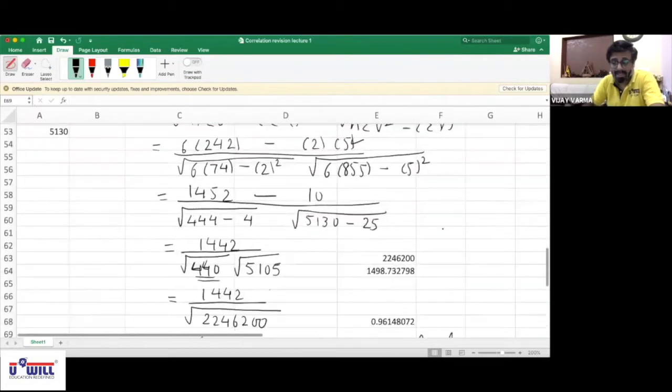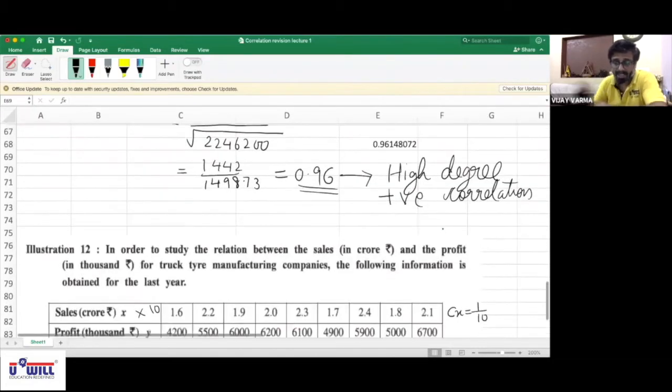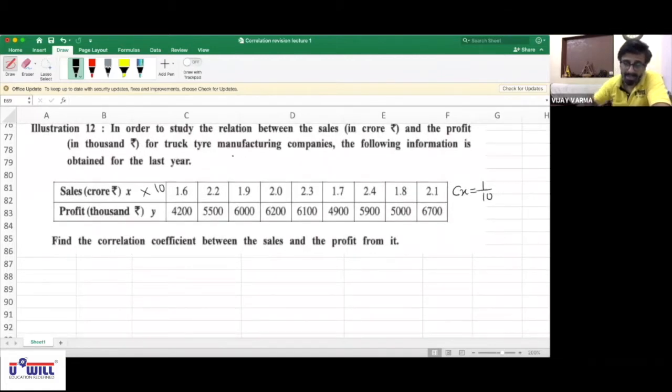So, see, it will be more helpful in regression chapter because right now you can just remember that to remove the decimals, what we are going to do is multiply with 10. But in regression chapter, this concept is going to be very helpful. What is the value of Cx? So when we multiply with 10, remember that Cx is actually equal to 1 by 10.